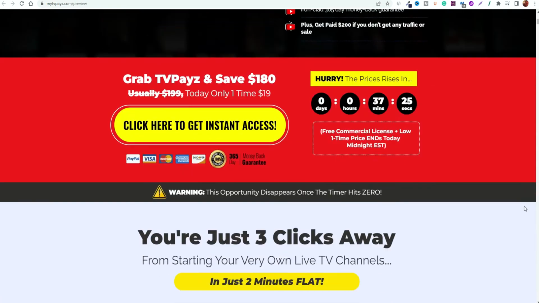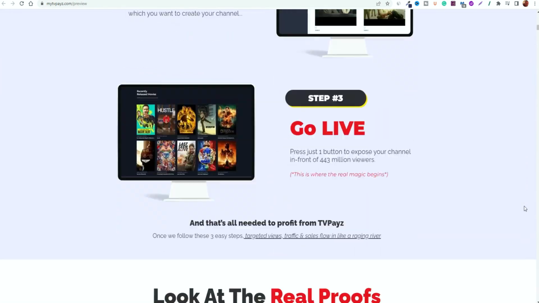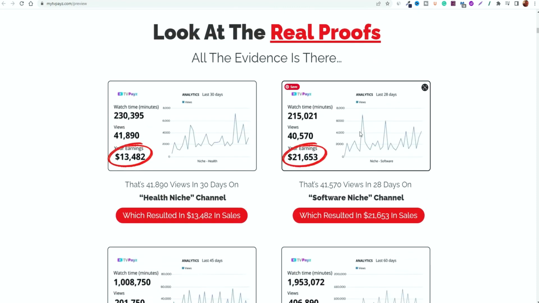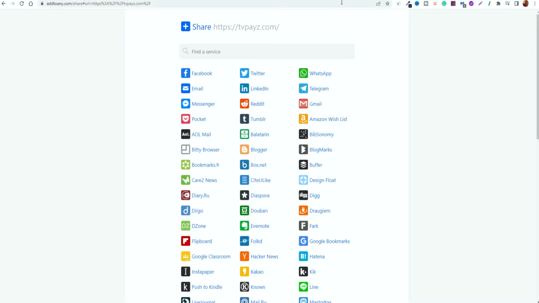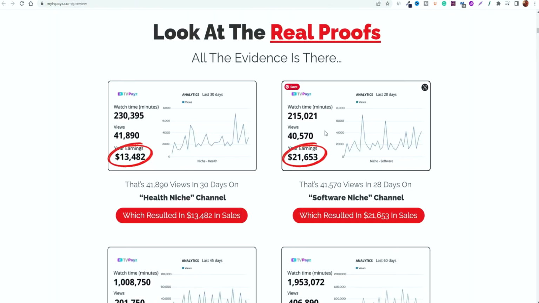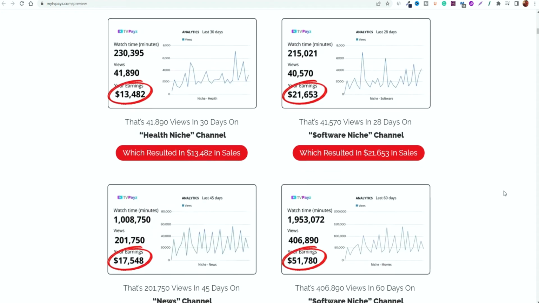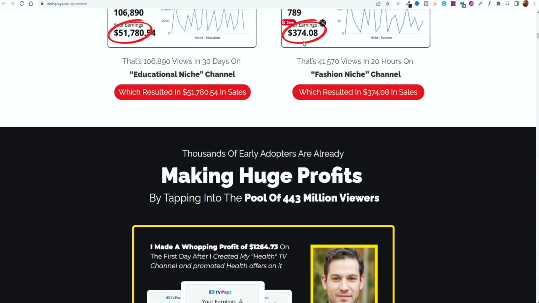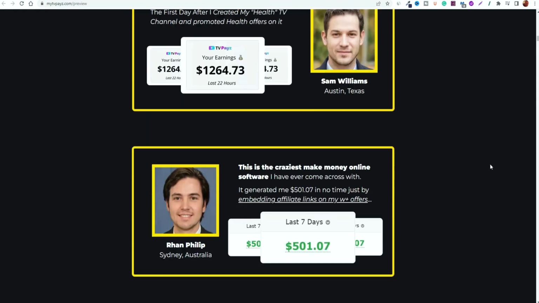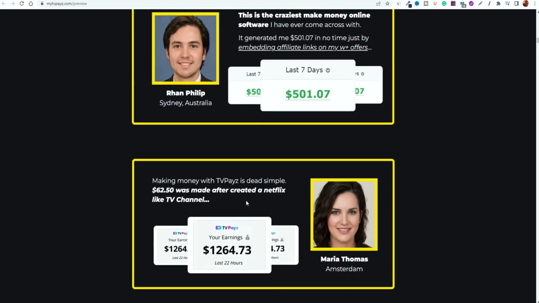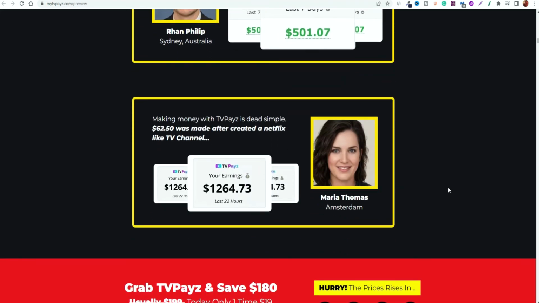So even when you go back to the sales page, even for what it does promise, it's not always guaranteed. Even these sales figures are essentially not going to happen, because like I mentioned, you look at the areas in which you want to promote your services. Like I said, if you have no audience, there's no way you'll ever make that amount of money. You'll not make a single sale. So all of these stats are non-existent, and it's just a waste of time. The same goes for these testimonials. They're not accurate based on what is promised in the final product.